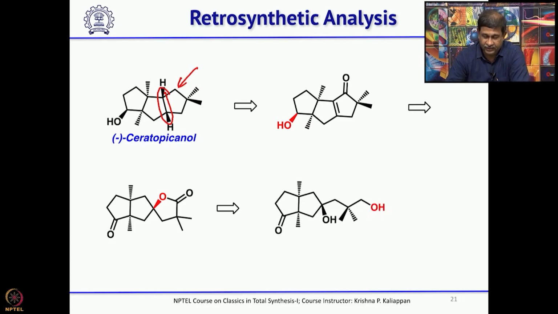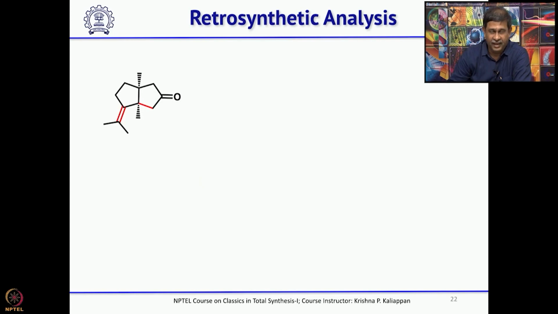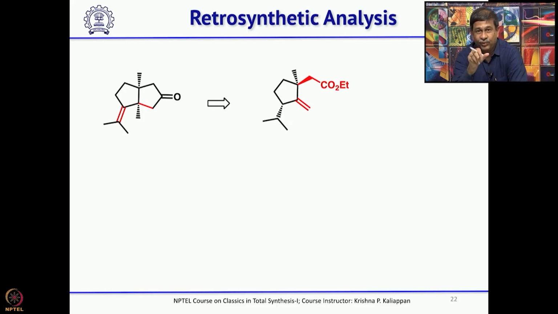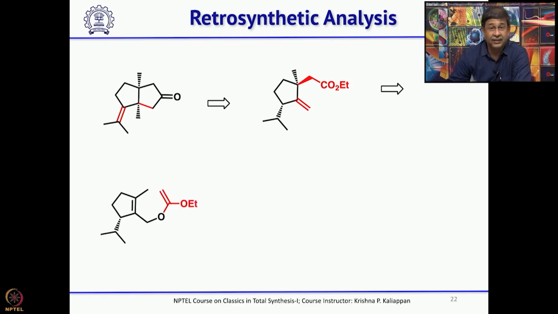Okay. So, if you look at this diol, one can selectively oxidize the primary alcohol. Once you oxidize, this alcohol will attack and then it will form a lactol. That lactol will be oxidized to the corresponding lactone, and this can be obtained from the corresponding ketone. Okay. And this is where the first key step, that is intramolecular diazoketone addition to the double bond to get a cyclopropane, and the opening of cyclopropane gives a 5-membered ring,